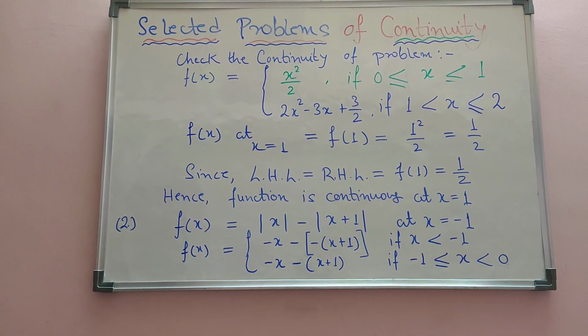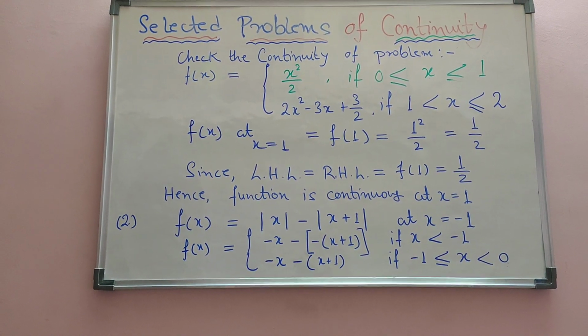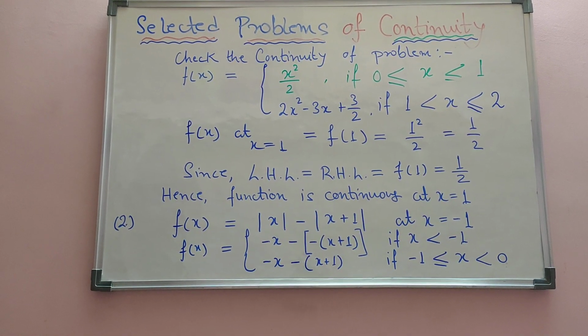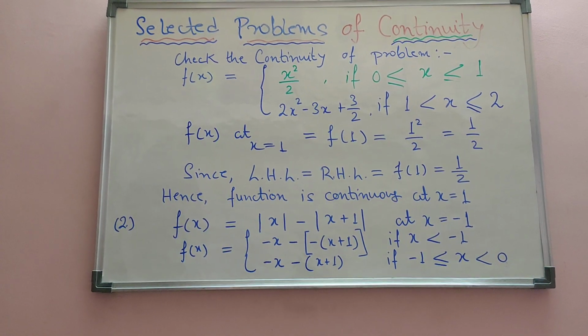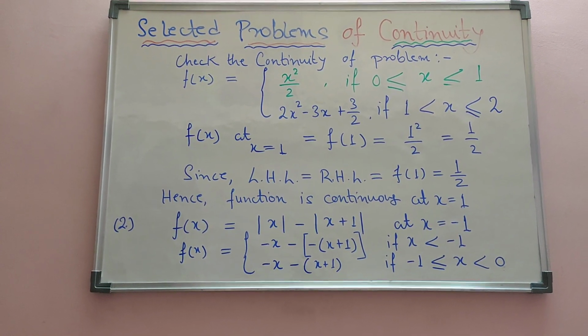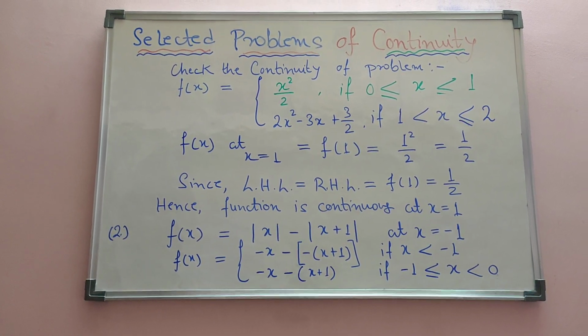And if we put a value greater than minus 1, definitely it will be more than 0, so it will be positive. That's why in this case, whenever we remove the mod, it just becomes positive. So minus x, and the minus sign is already there in the function, and we are removing the mod, so it is just taken in the small bracket, x plus 1.